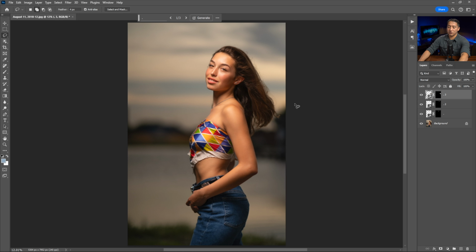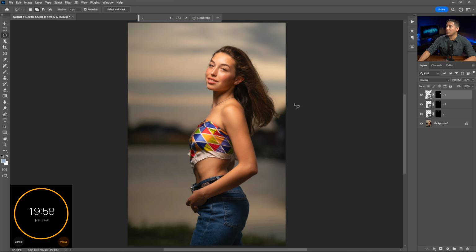Okay, in 3, 2, 1, that is starting the timer for 20 minutes. I always try to give my images a scan to see what I really want to fix. It's dumb, but for me, what I'm seeing with this image is I do want to fix this hair and